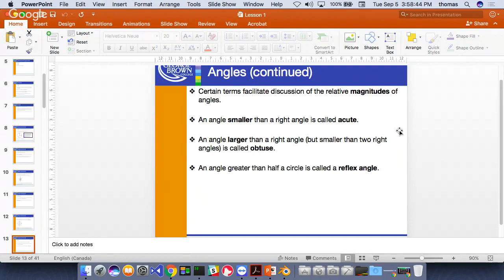Different kinds of angles. So we have acute angles, we have obtuse angles, and we have a reflex angle, and that's where the angle's greater than half the circle. Chances are you're not going to see as much reflex angle stuff as you will obtuse and acute angles. It's just from a naming convention perspective. It's not because I'm going to make you use it or remember it or put it up on a true-false multiple choice question. That's not really a great question for me.